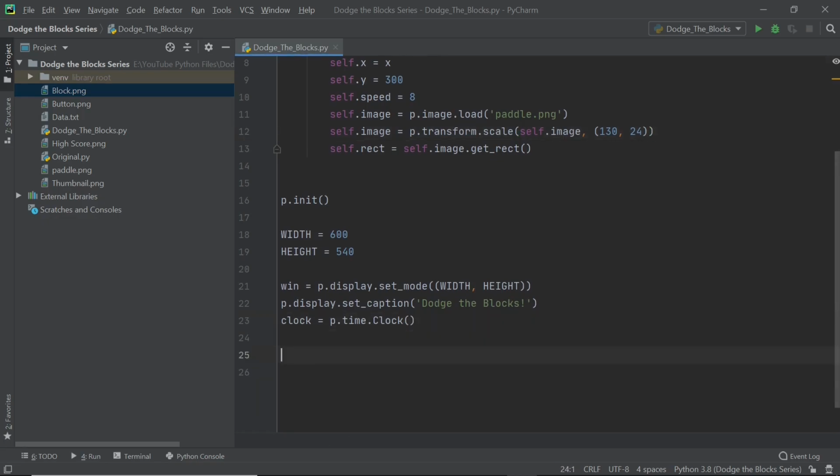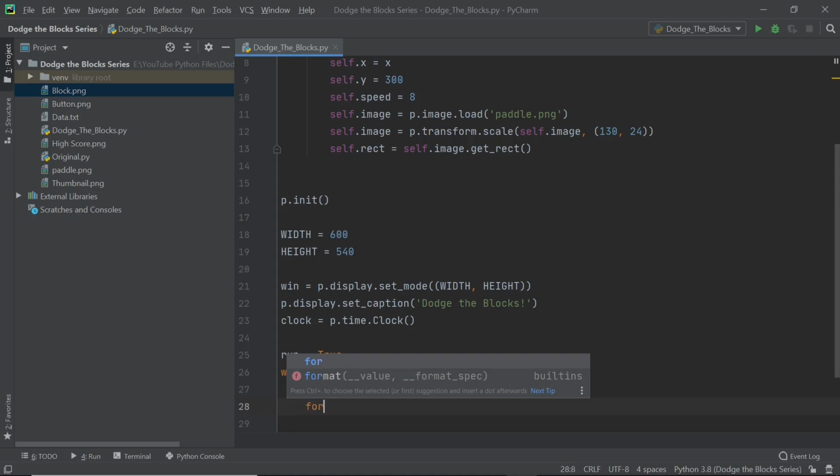So after this, I'm going to continue here, and I'm going to start the main loop. So run is equal to True, and while run. So this is the beginning of the main loop. And I'm going to start this off obviously by ticking the clock, because if we don't do this, you'll start to get some weird bugs. So clock.tick, and I'm going to tick 60 frames per second. Yep, that's what I said.